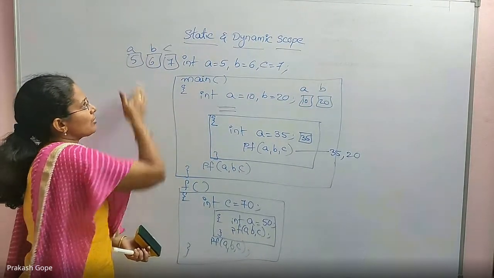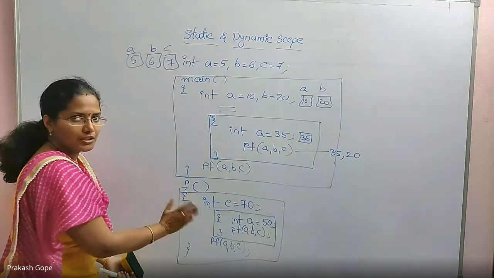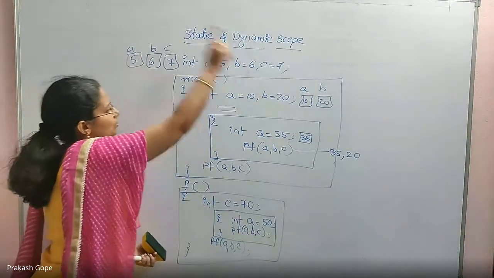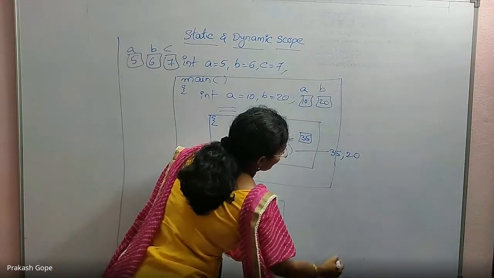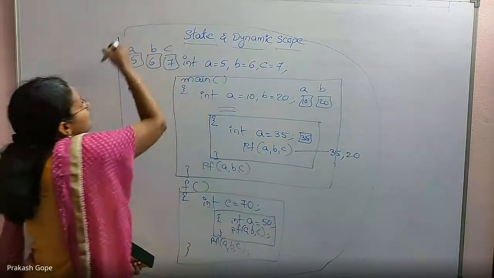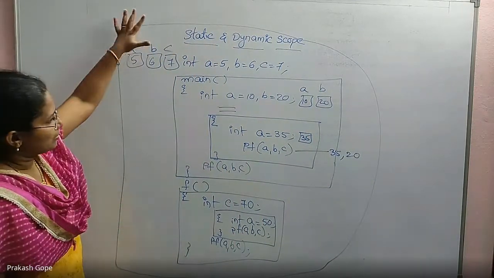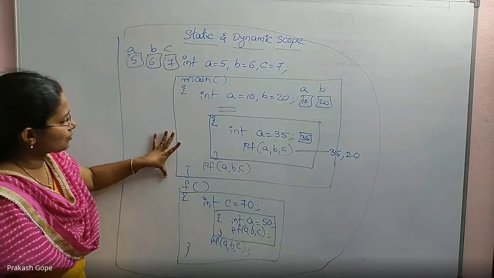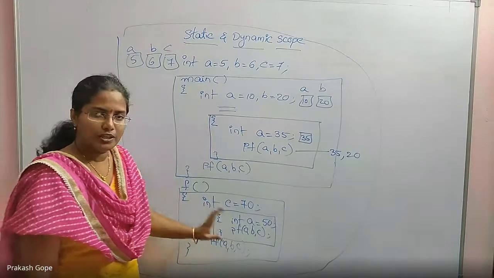Its outer block is obviously global. This outer block is not the f function, right? This outer block is the global program. I told you. Oh, I didn't write it. This complete thing is one particular block. So this is the total block in which main is one block, f is one block. Main also has one internal block, f also has one internal block.